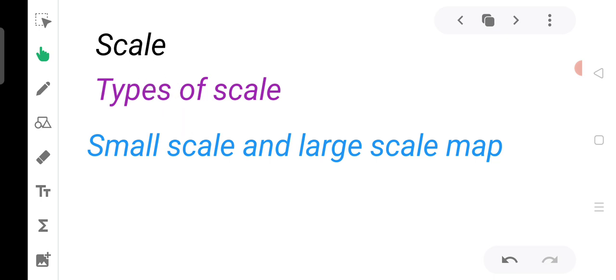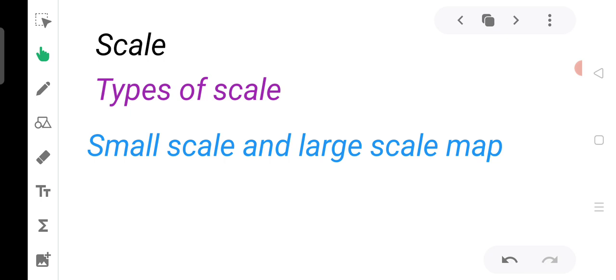By the statement, like 1 centimeter on the map refers to 100 kilometers on the ground. Or by the graduated straight line, which is known as linear scale, bar scale, or graphic scale.